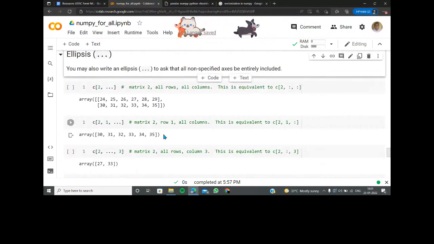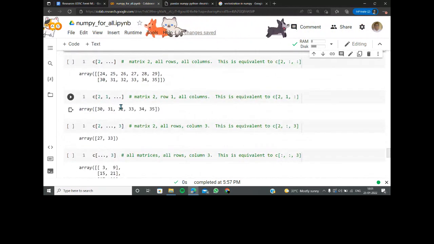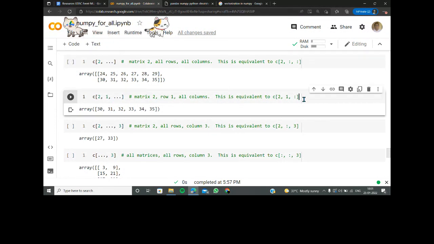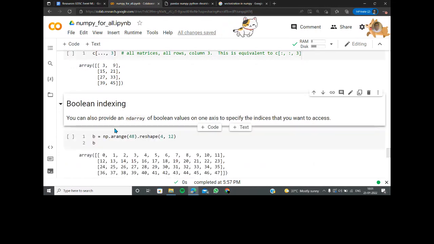So ellipses are another key term. You can get any amount of elements that you want out there. It's just two matrices that are being considered, and now one row has been added. So what's the next move that you want to do? This can be equivalent to this as well, but ellipses also do the same old thing. So keep in mind all different things can be done.